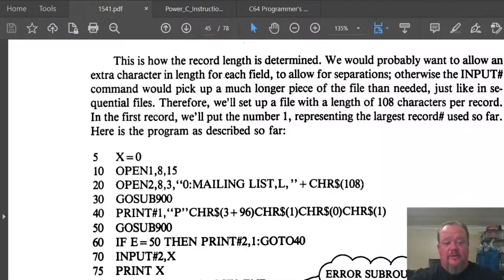This time let's print how many times we've looped. Printf, open, FP plus CT,